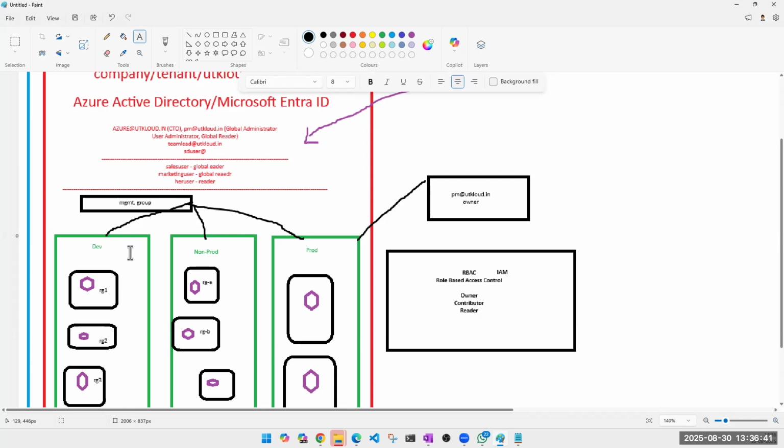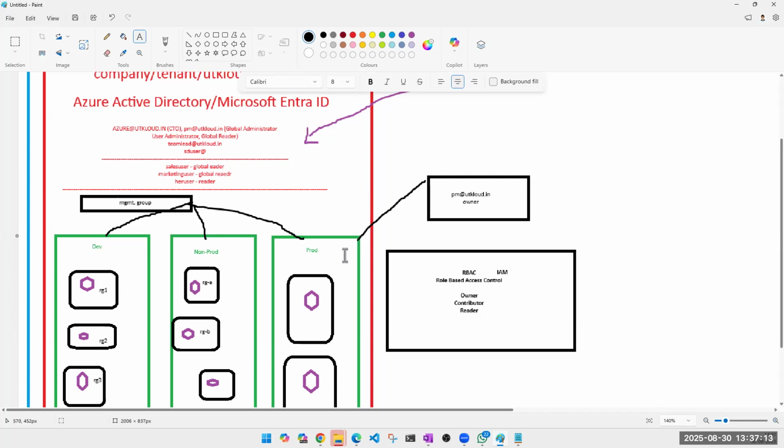Once we add the subscriptions in the management group, the subscriptions are still isolated from each other. Yes, they are. It is not combining the subscriptions. It is just giving you one opportunity where you can align access and it will flow throughout the subscriptions.